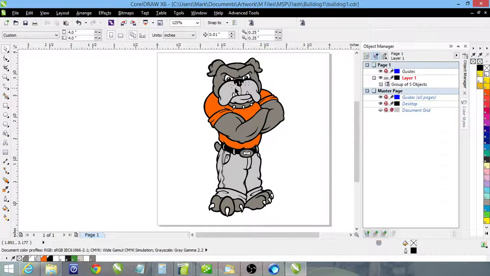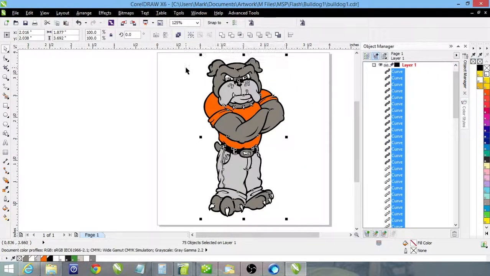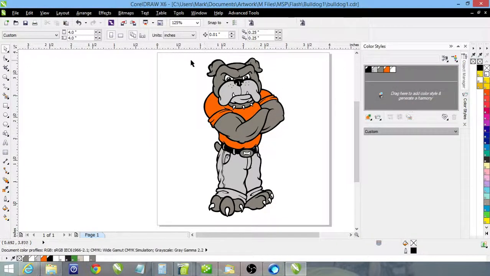Okay, so in Corel, I'm going to be working with Bulldog 1 here. And first things first, we need to make sure that we have nothing grouped. You can see over here I've got a group of 5 objects. I need to ungroup, and I need to ungroup all. Everything needs to be in its own little object world. So there's that. Reason being, we need to group it by colors. And to find out how many colors we have here,